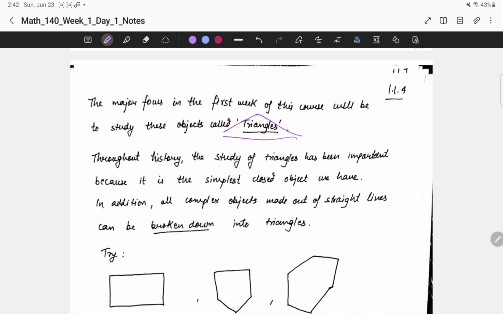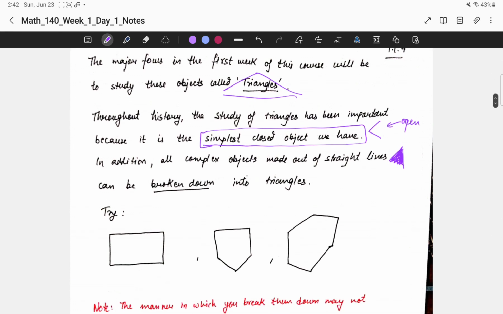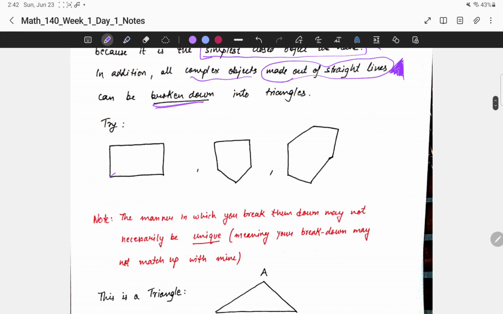First of all, throughout history, the study of triangles is important because it is the simplest closed object we have. Because if you take two lines, it's not closed, it's open. But if I take three lines, then I have this region that is closed by the triangle. And in addition, all complex objects, those that are specifically made out of straight lines, can be broken down into triangles. For example, I can break this into two triangles, triangle 1 and 2. I can break this into three triangles. I can break this into